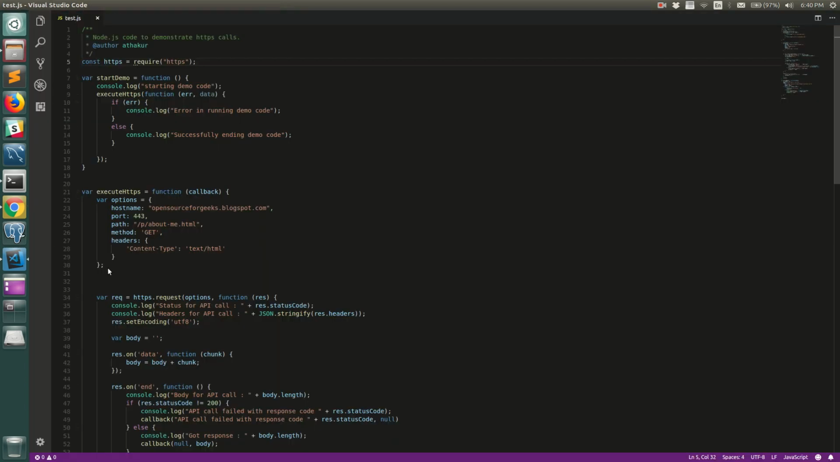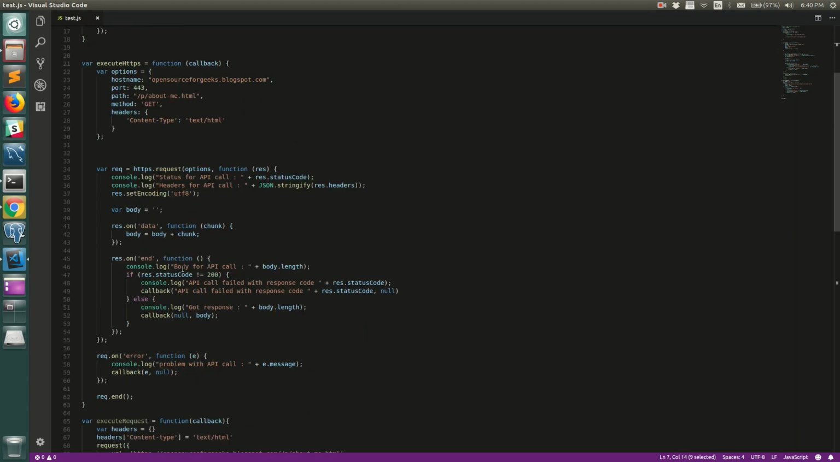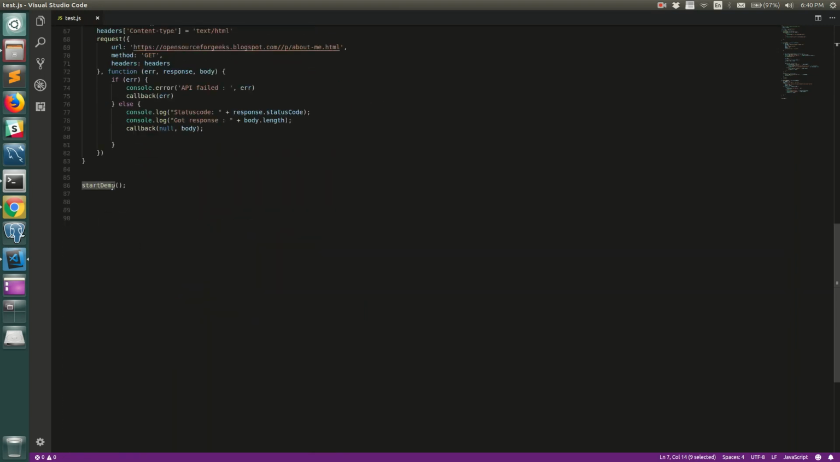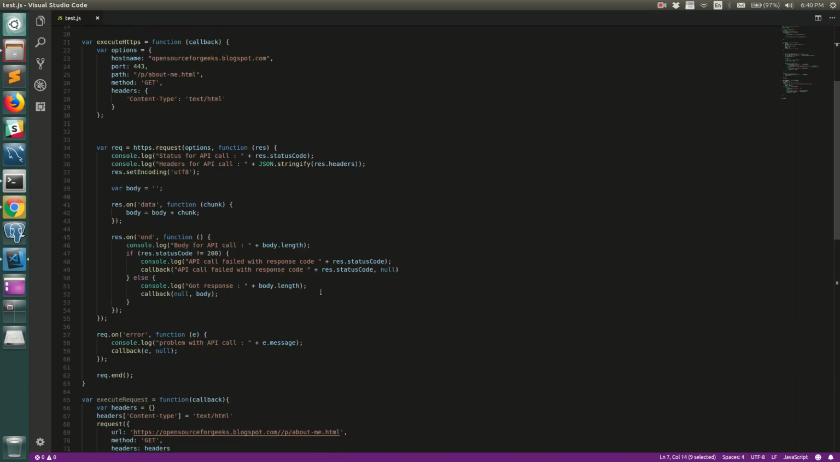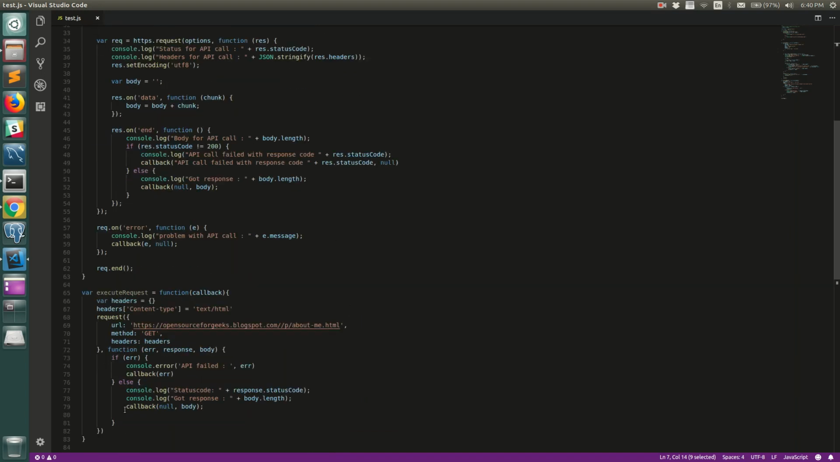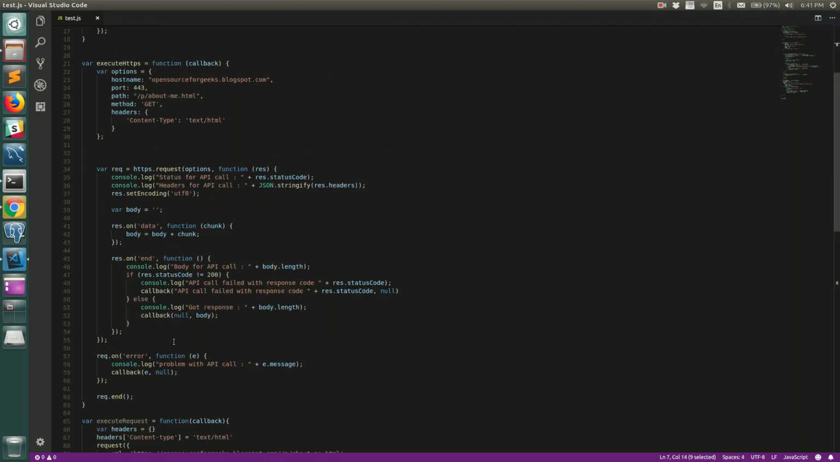So let me go to Visual Studio Code. I have written some sample code. Let me go ahead and tell you what this is doing. I have first taken a reference to the imported HTTPS module, and then I'm defining a function called startDemo, and you can see I've called startDemo at the end of this file, right? So whenever I execute this file, node test.js, startDemo is the method that gets run,